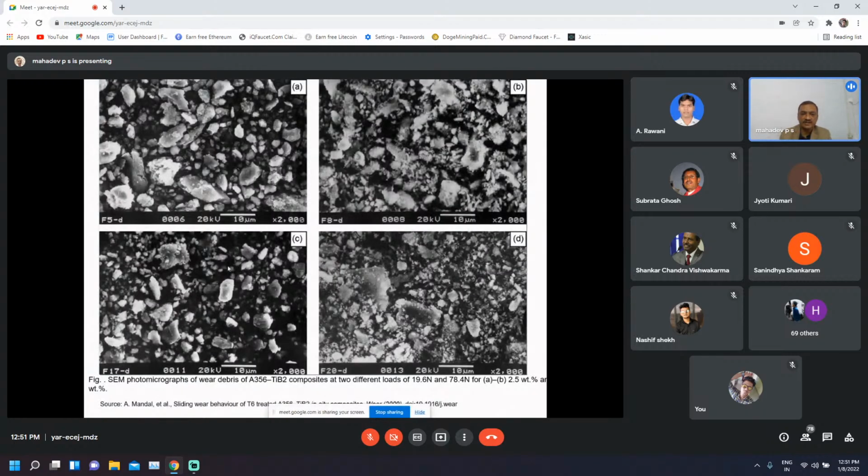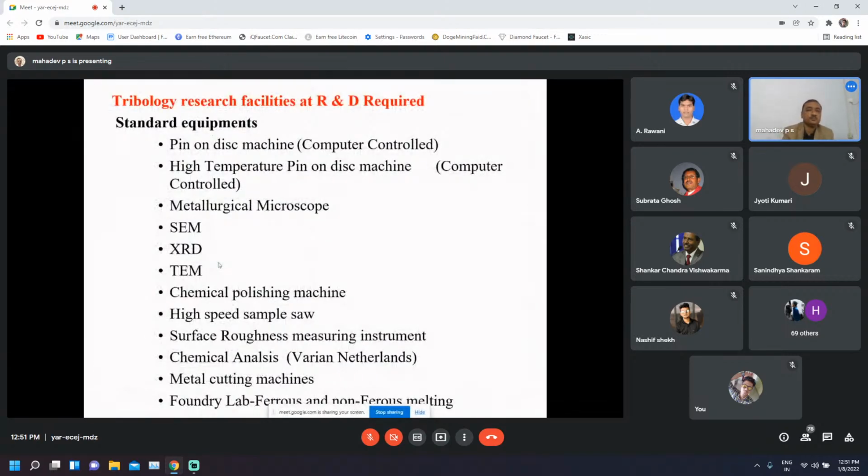Okay, oxide layer formation with some kind of iron oxide is also there, which acts as a mechanically mixed layer, preventing metal to metal contact between the pin and the counterface, leading to lesser wear or more wear resistance. So